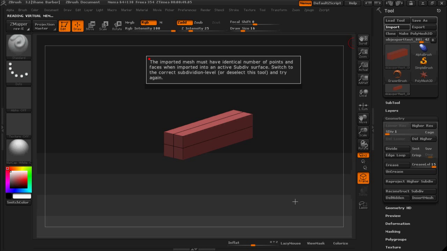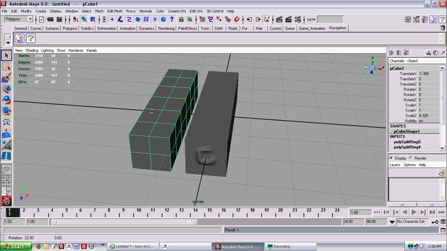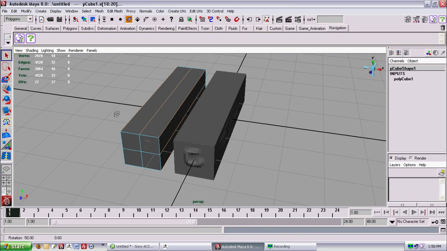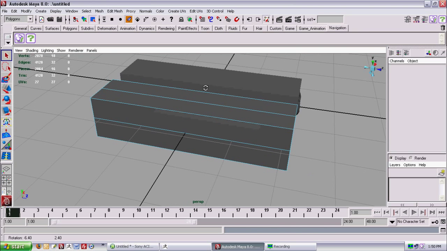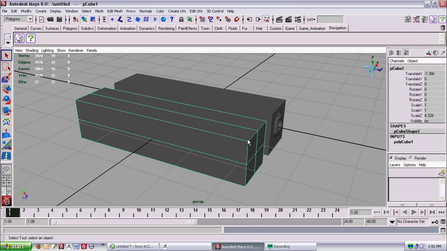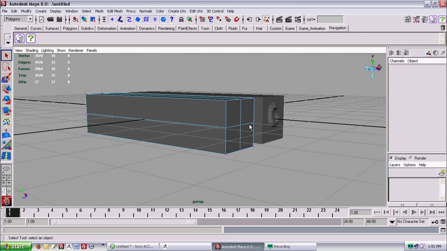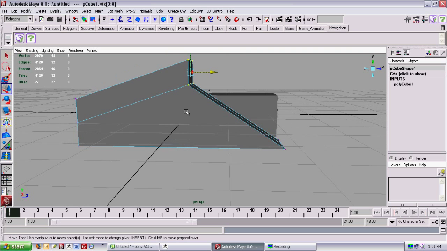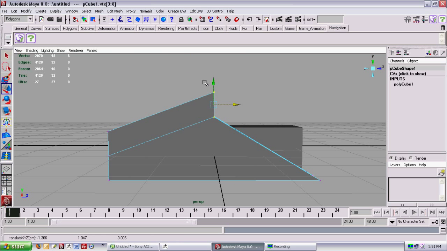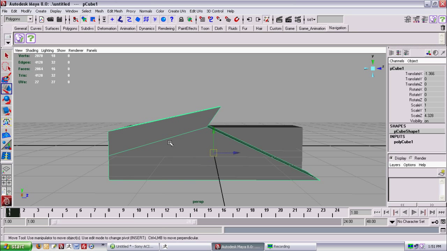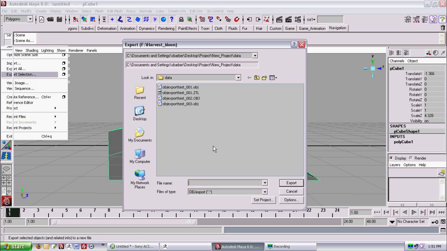What we can do though, on the other hand, is go back to Maya here. We'll get rid of all these subdivisions. We don't really want those at the moment. So you can't really fix that as it is once it's already begun sculpting upon. What we can do on the other hand though is we can take whatever current vertexes we already have, and we can end up moving those and making those altered here in Maya. And by altering them here in Maya, without adding any more extra divisions, we can then go ahead, select what we've done, export out the selection,